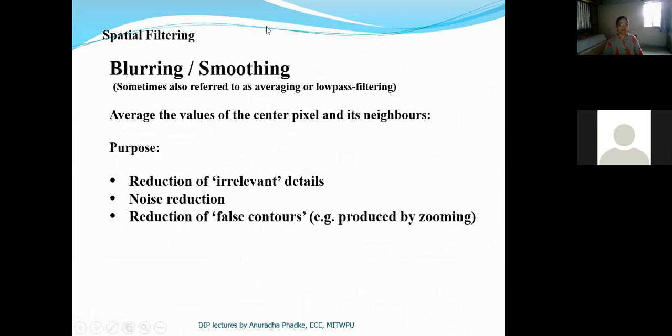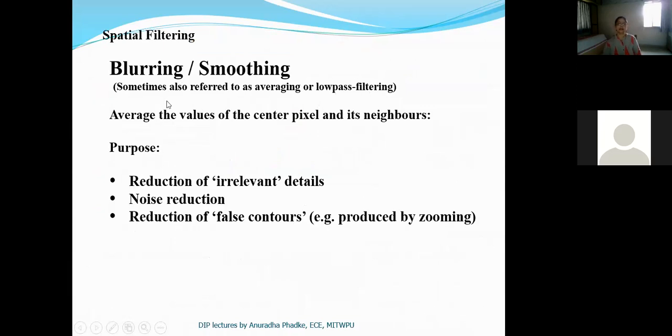So let us start with spatial filtering for blurring or smoothing purposes. Sometimes we also refer to these filters as averaging filters or low pass filters.